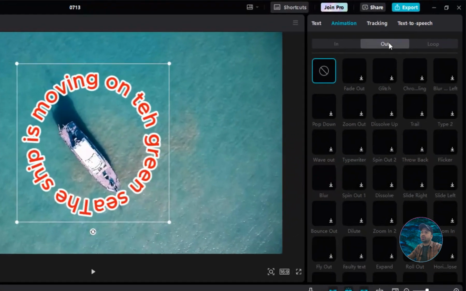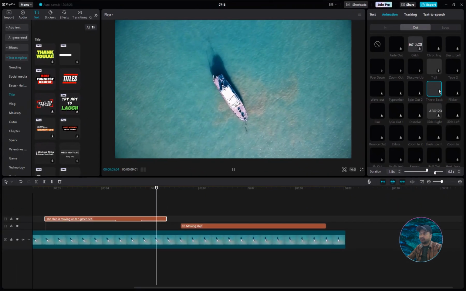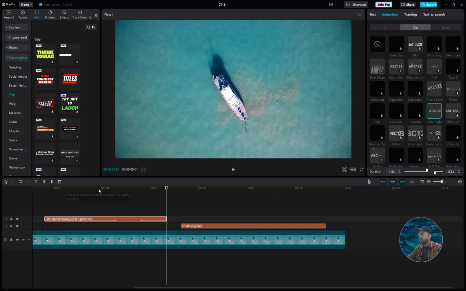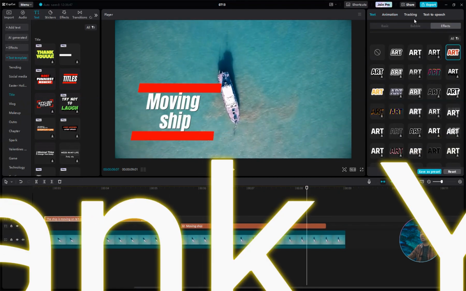Plus it's in effects. Here if you select the out effect and select any animation, then this is how the text will disappear. If I play this video now, there are two effects. It appears like this, disappears like this in our next text. This is how we can play with